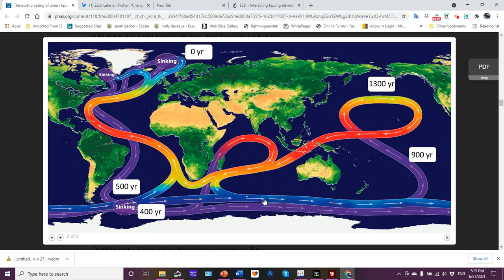But now think about it. If it takes that long to mix the deep waters, that means the effects, the changes that are happening, is going to take that much longer to, say, recover. Now, this 500-year, could be traveling down to the South Atlantic. This sinking here, this is referring to the deep water coming off the continent of Antarctica, very cold water, right? And that moves northward. Not indicated here, but it does. And then we have over here about,